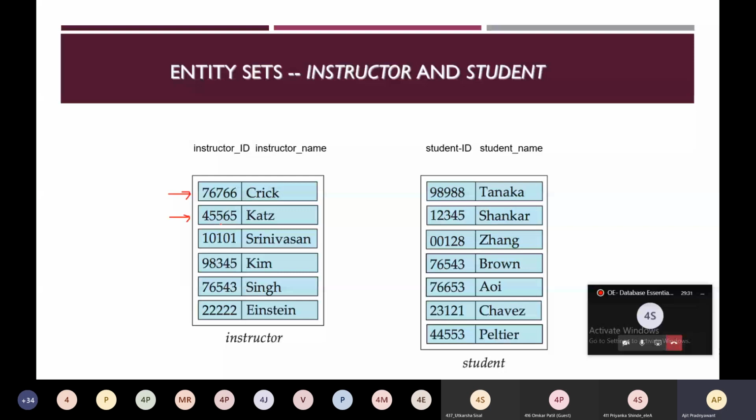Similarly, this is the next entity, and this is the next. So this is the set. These all are entities. That's why it is called an entity set.